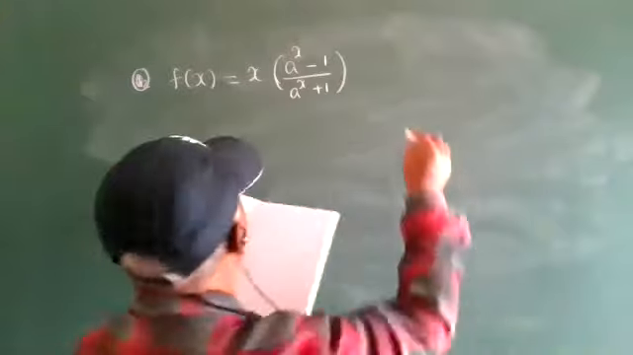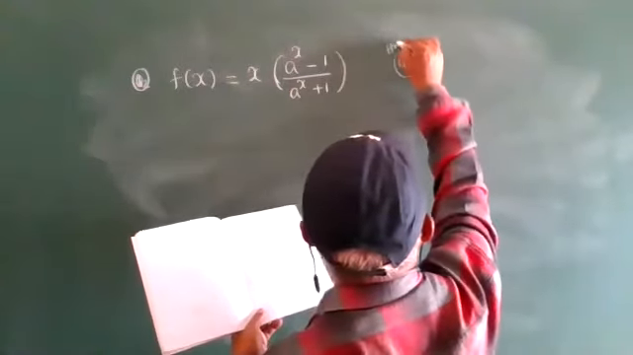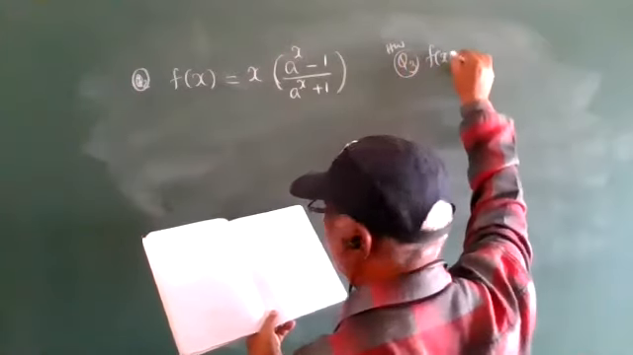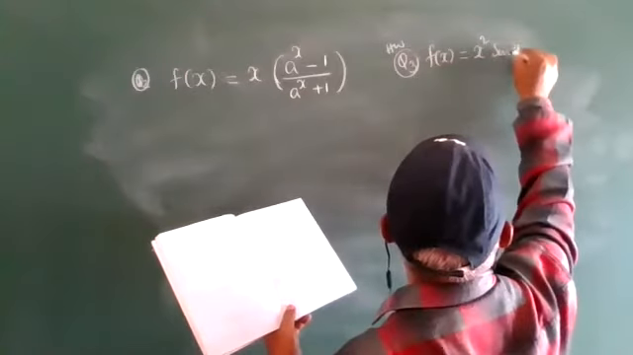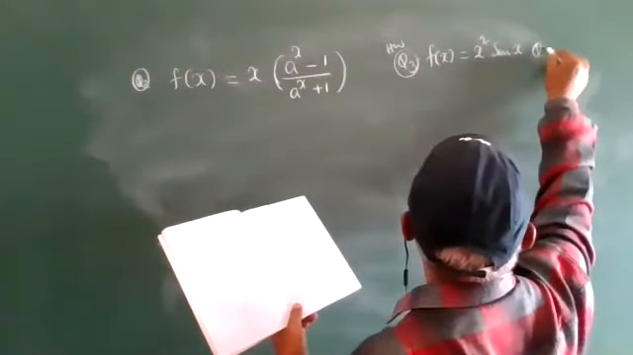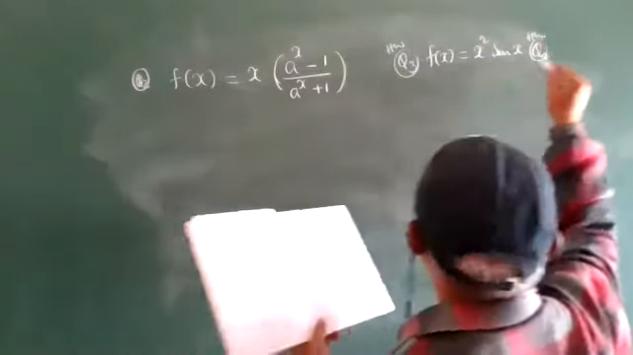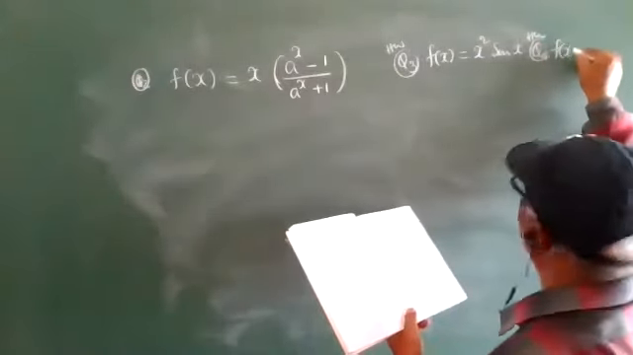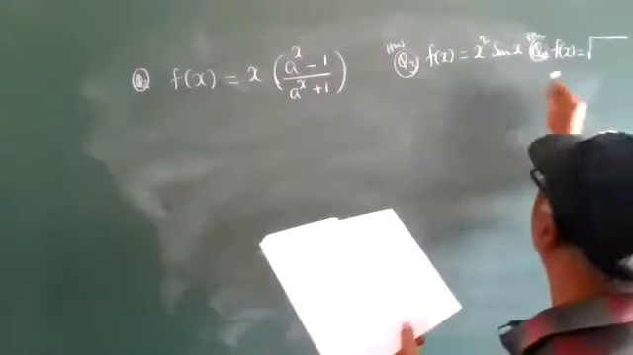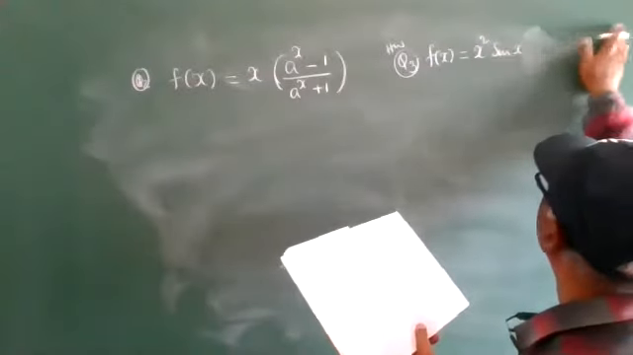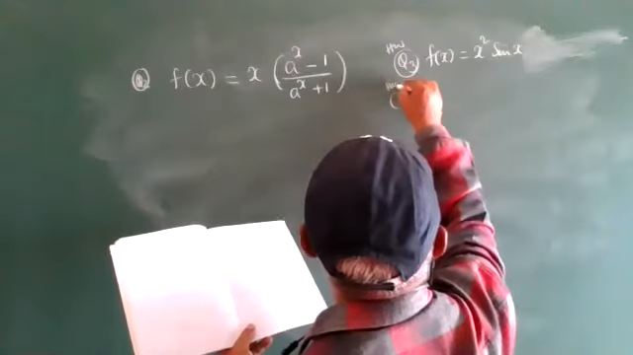Okay, we can check the second one. Question number 3 we can do as homework: f of x is equal to x square into sine of x. And the fourth problem you can also do as homework: f of x is equal to root over 1 plus x square. Question number 4, the fourth problem for homework is: